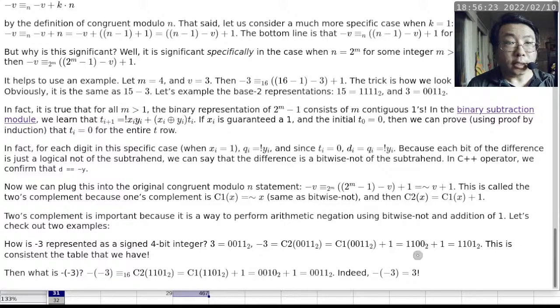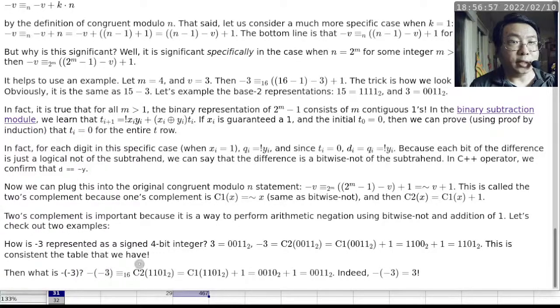And that's it. This is the last one. So if we perform a double arithmetic negation, we should get the original value back, right? So what is the arithmetic negation of the arithmetic negation of 3? Now we use the congruent symbol here. Because whenever we take arithmetic negation, we can use 2's complement to do the job. So now we are saying, okay, what is